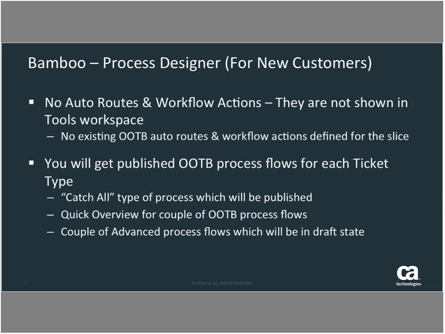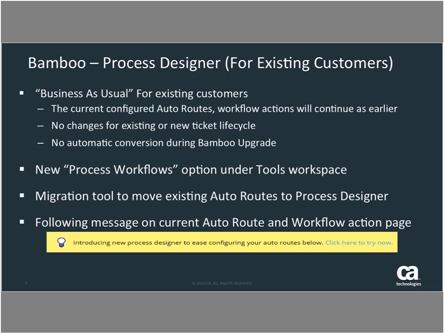How about my existing customer? So what they would see in the existing customer. So for existing customer, it would be business as usual. So they won't be doing any changes to the existing flow, because their current configured auto route workflow actions will continue as it is. And then the only thing they would see is a message which is shown over here